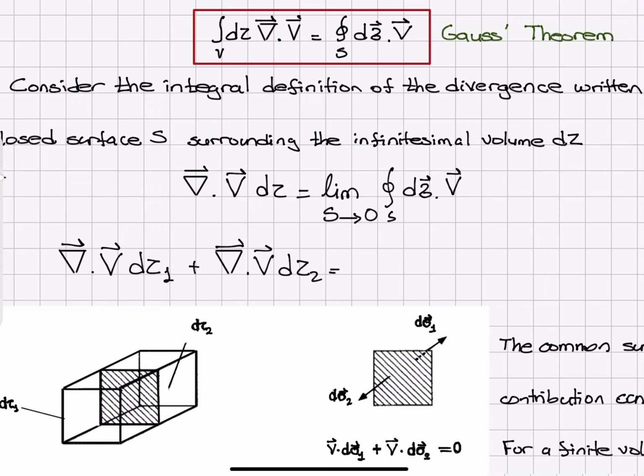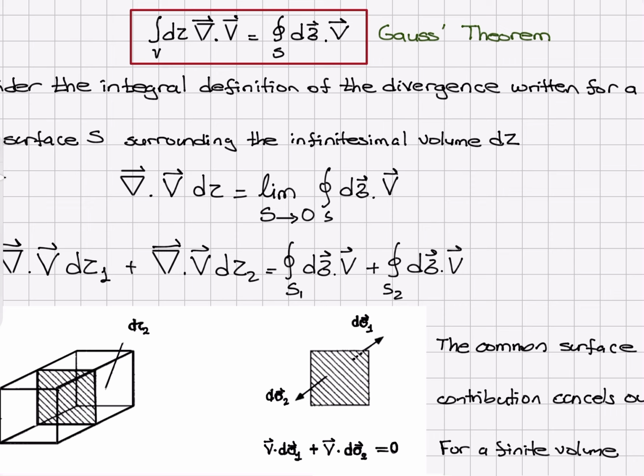This must be equal to the closed surface integral for the first volume d sigma dot v plus the closed surface integral for d tau 2 d sigma dot v, and the surrounding surface area is S2. So this is equal to S1 plus S2 d sigma dot v, but because the common surface